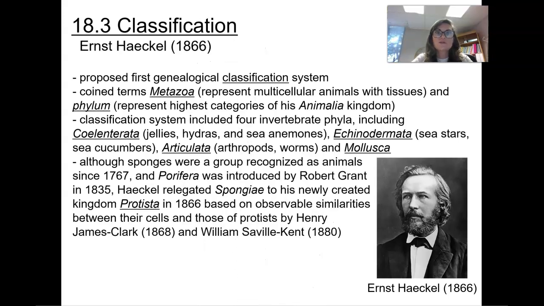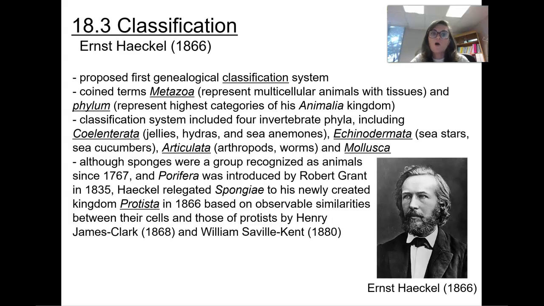Now going into Ernest Haeckel in 1866, he's going to propose the first genealogical classification system. He coins the term metazoa, and that represents multicellular animals with tissues. And the phylum is going to represent the highest categories of the animal kingdom. Classification systems are going to include 4 invertebrate phyla, including the Coelenterata, or the jellies, hydras, and sea anemones, the Echinodermata, these are going to be your sea stars and sea cucumbers, the Articulata, or arthropods and worms, and the